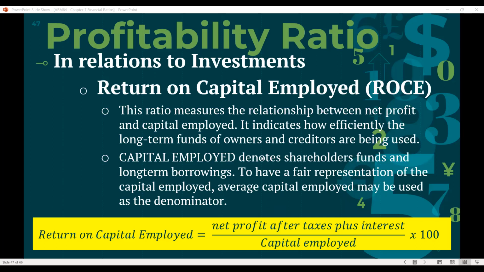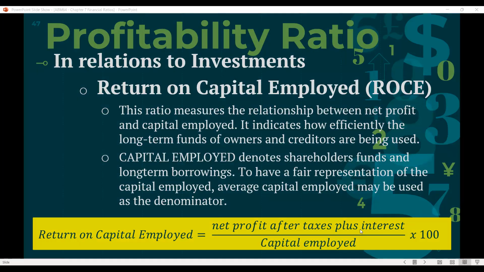Ang ROCE. So again, focus more on shareholders fund and long-term borrowings, especially sa imuhang gi-borrow. Dili lang siya focus actually on shareholders funds. It also goes the same with your loans. Okay, for your working capital, for example, you had loan for your working capital in order to continue your operation. So you borrowed them. So in order to return what is borrowed, you need to calculate your ROCE or return on capital employed. So after taxes, so gilas na ang tax plus the interest nga imong kakagain over capital employed times 100.